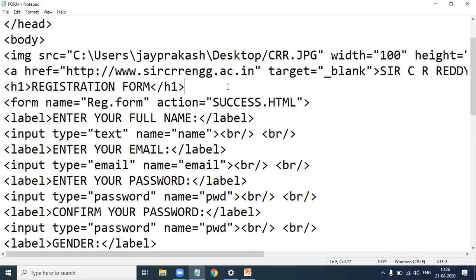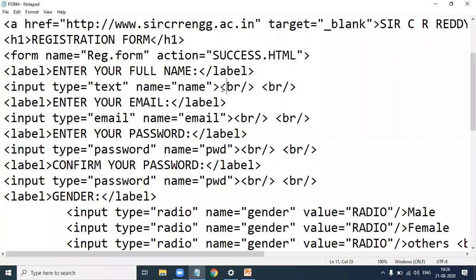Here I give two breaks to every tag. After completion of every input, I give a break to every input tag. That means it gives a break after name, after email, after password, after confirming your password. That means one line gap in the web page.